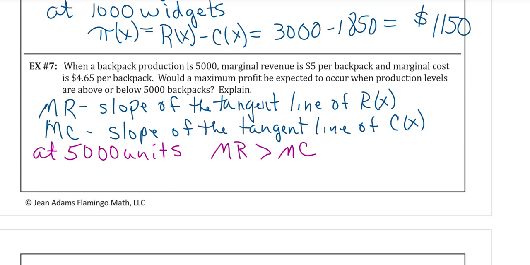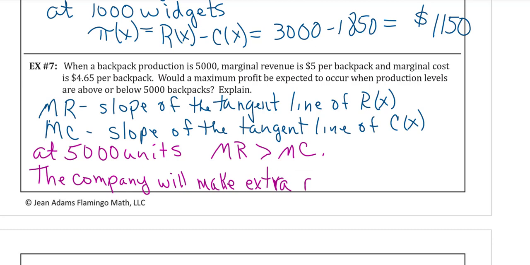So if we want to exploit that, the company will make extra revenue, that's supposed to be an R. I should say more extra revenue. Let me put a more in there. Then it'll spend